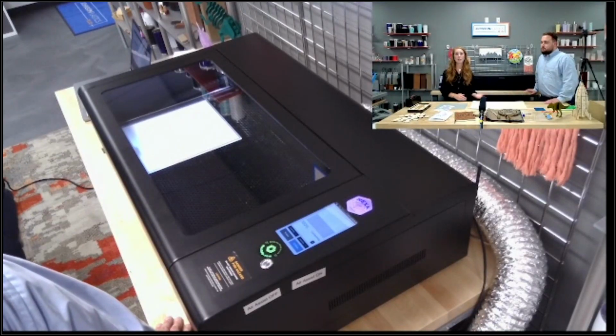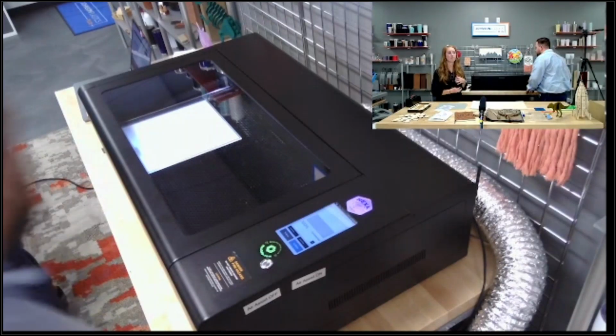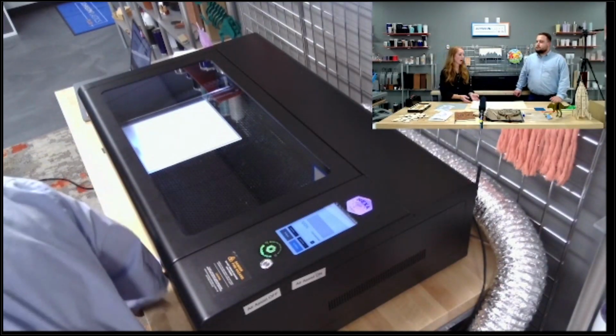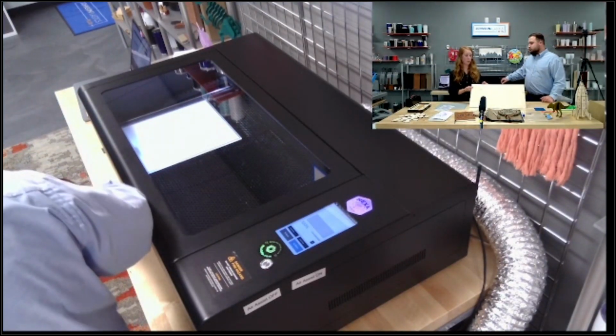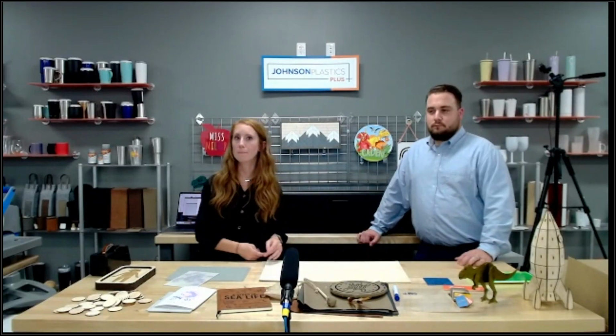Another great thing that they did is they have some built-in settings. So if you know that you have a 1/4 inch wood material, you could click on the built-in settings that they already have in there, or you could also use our tech docs and settings that we have on the web. And then one other question that came in offline.